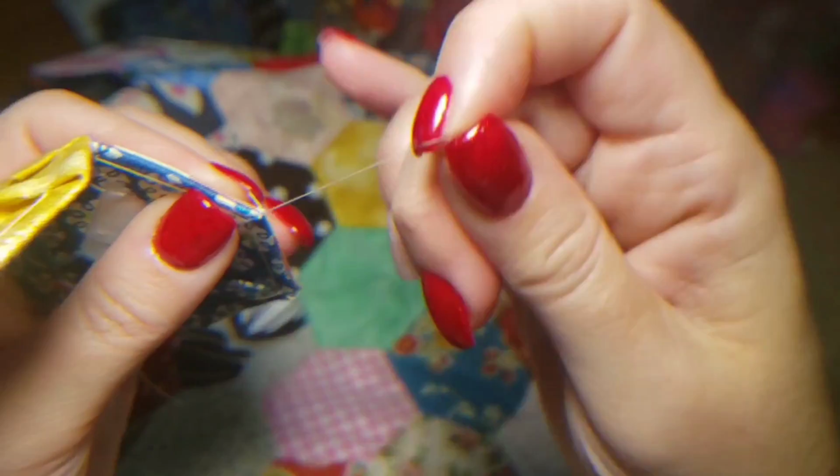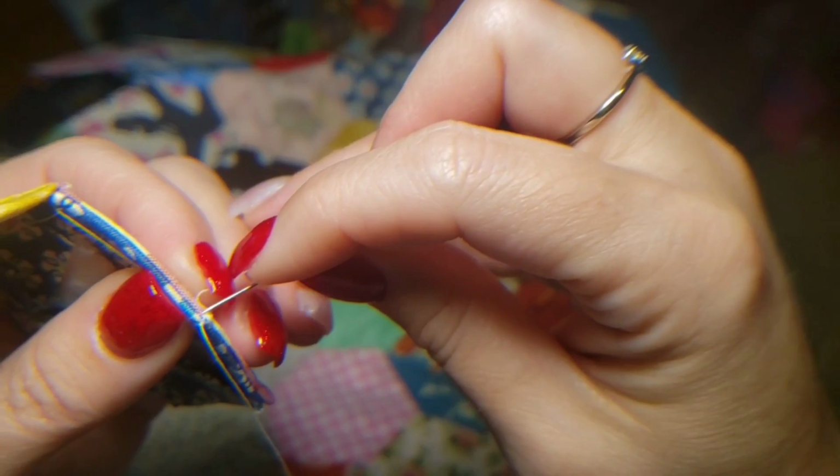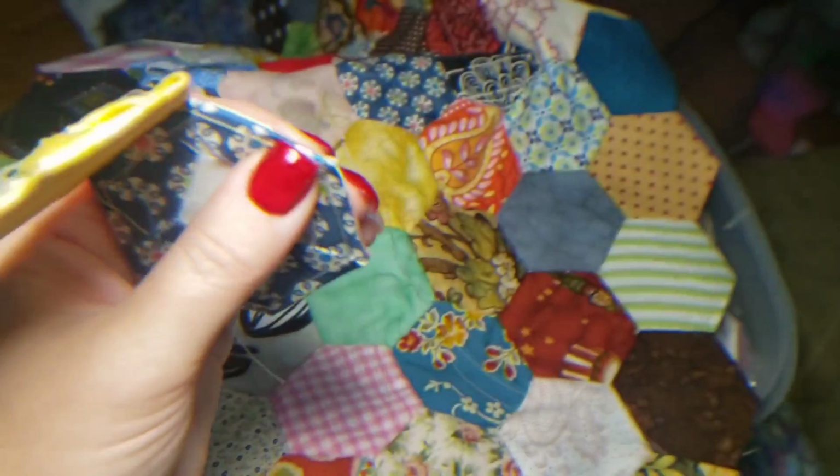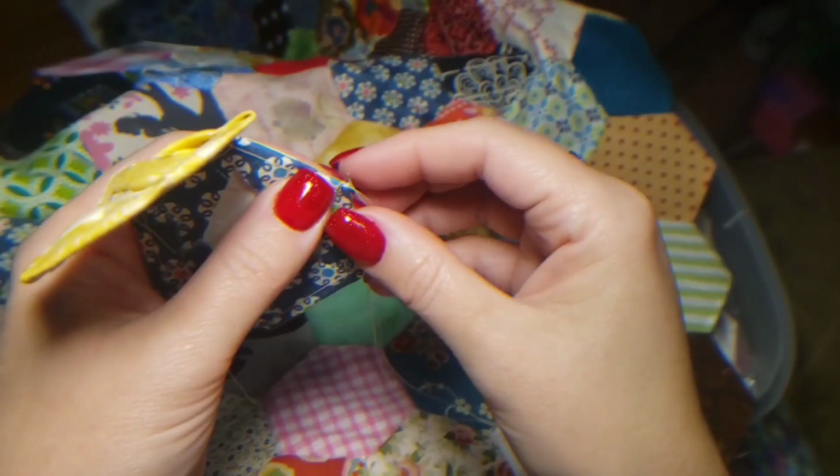Get that little tail out of there. I don't want that cut. I don't want it pulling through to the front of the quilt top. There we go. So